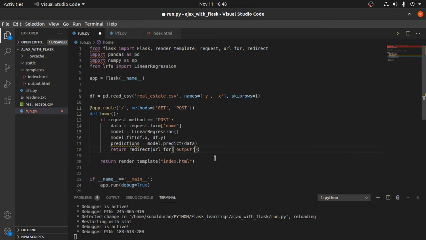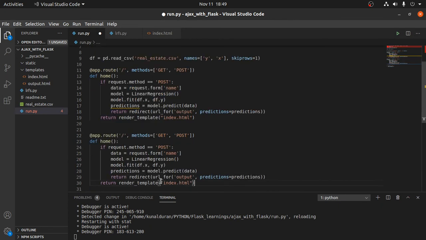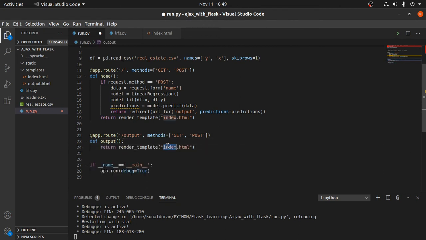Output. And what are the parameters that we want to pass? We want to pass predictions equals predictions. Okay, so now our initial logic is set, and then we'll create another. Let's copy this and paste it here, changing this, and also this will say output. Okay, we also have to remove this,